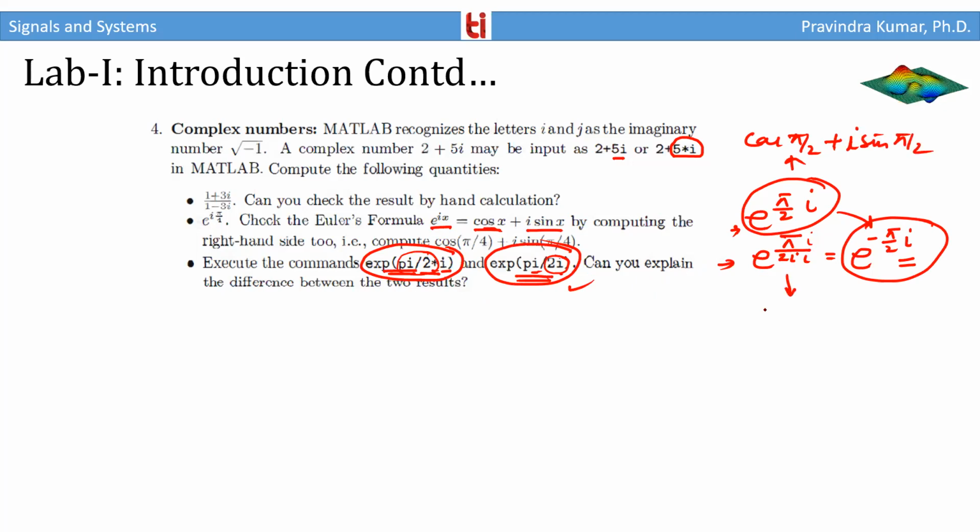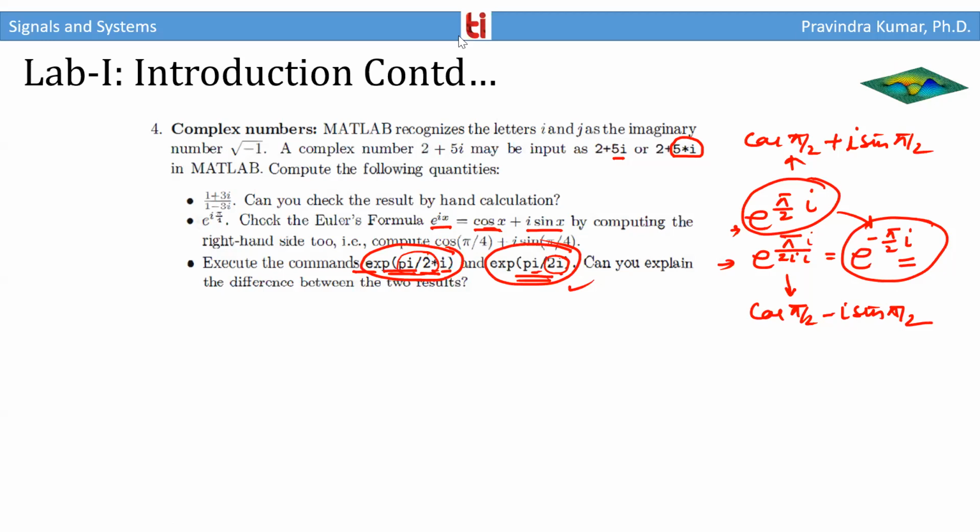And for this case, you will get cos pi by 2 minus i sin pi by 2. So there is much difference between these two commands. So be careful about writing the code. Otherwise, there will be some error or some result will not match. Just like